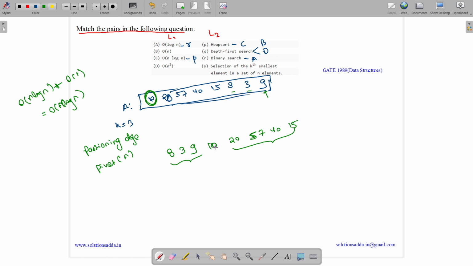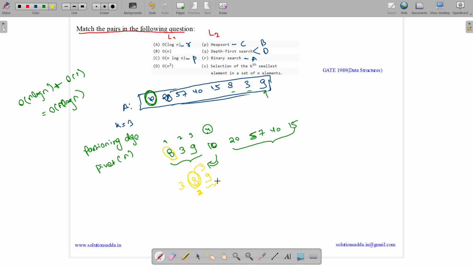Now again we will check the position of 10. We see its first position, second position, third position, fourth position. 10 is at its fourth position, which means we have found the fourth smallest item. So where will we get the third smallest item? The third smallest item will definitely be on the left. Then we come to the left and make any item the pivot. Let us assume 8 as the pivot. So 8 will come at its position, less than 8 on the left, more than 8 on the right. The position of 8 is 2, which means we have found the second smallest item. Now we need to find the third smallest, so we will go on the right.